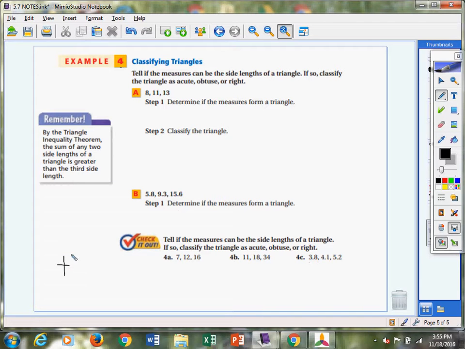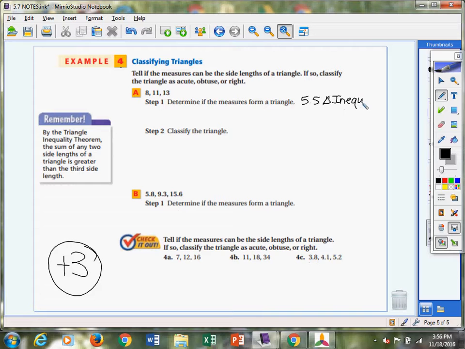So we'll leave this one down here, 1 point for each of these, extra credit for the check it out. Okay, so step 1, determine if the measures form a triangle. If you recall, this is the Triangle Inequalities theorem out of section 5.5,